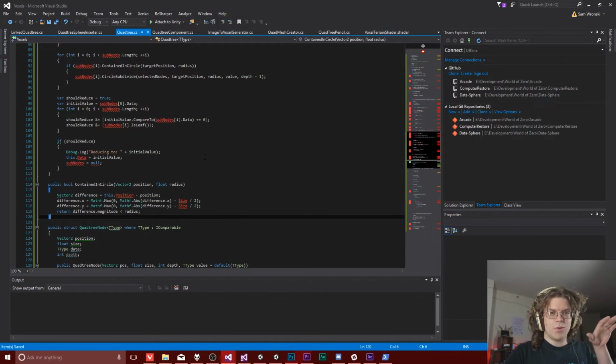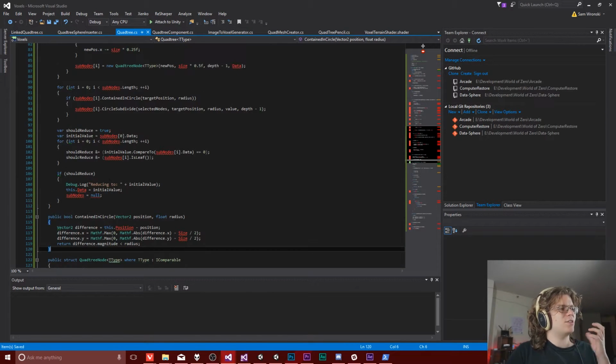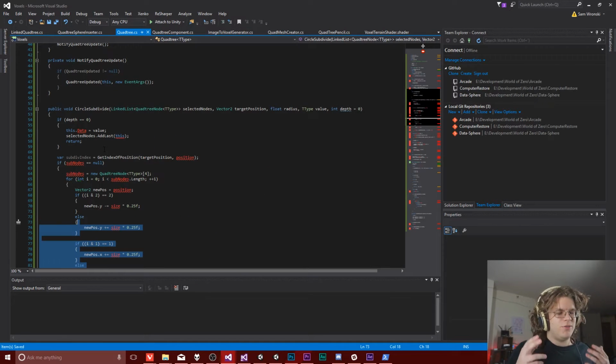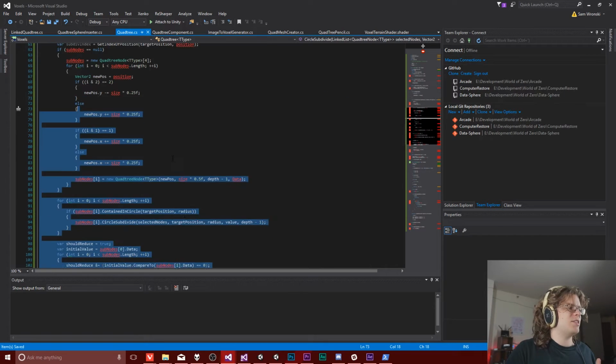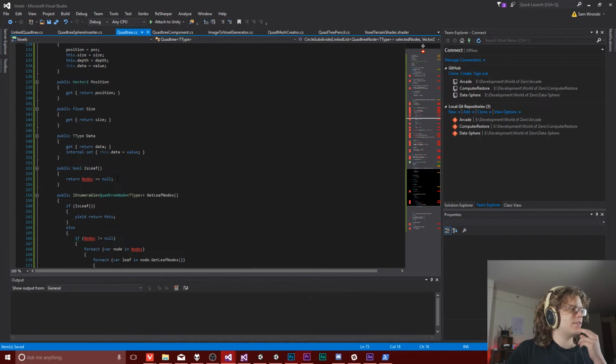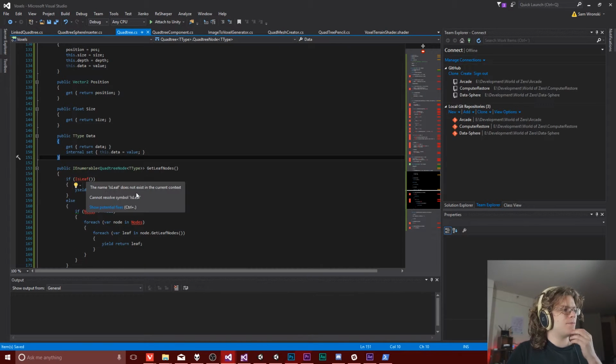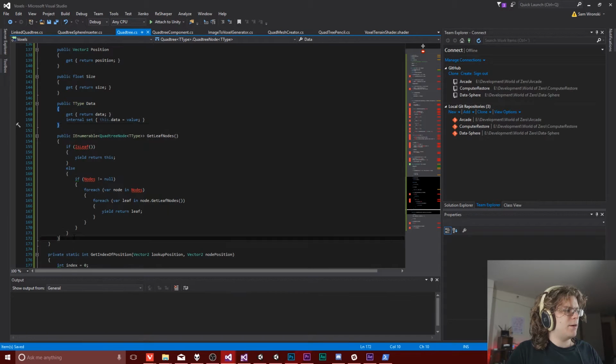So this won't work yet, but we're getting there. What we need to do is actually hook these up so that they will work from our Quadtree. Our Quadtree, again, is going to be doing all of our logic. So isLeaf, that check can also be taken out because